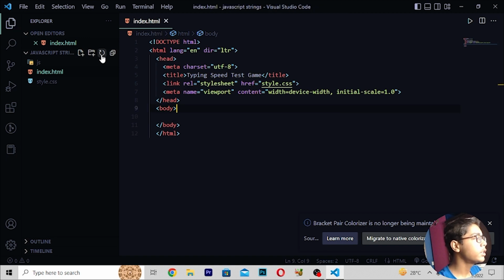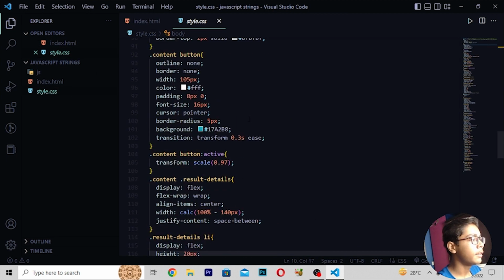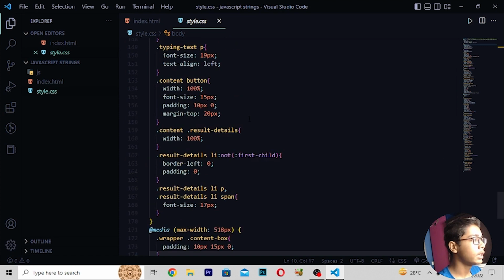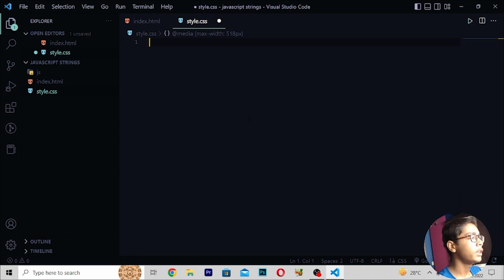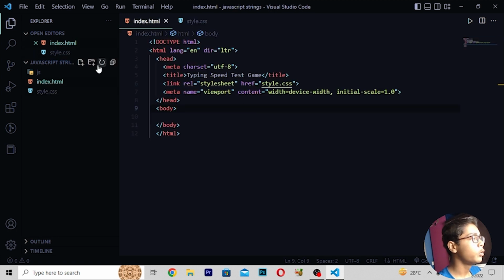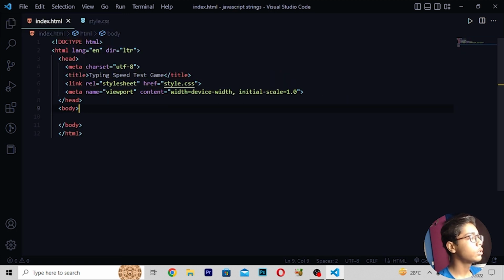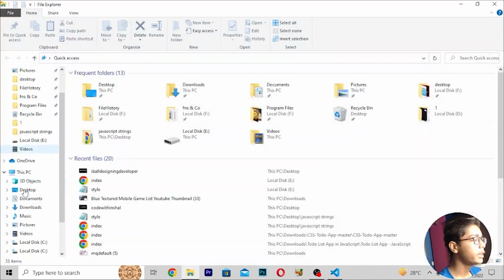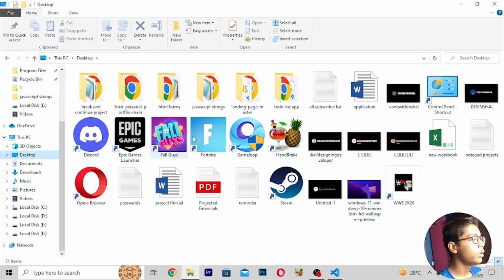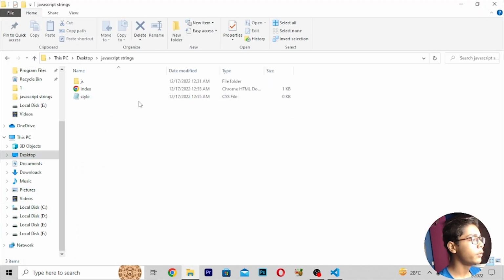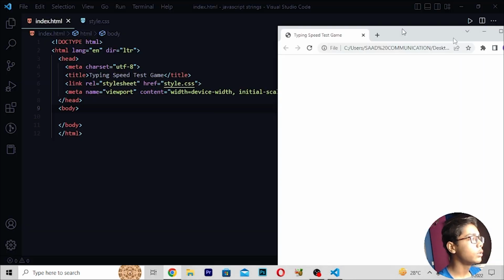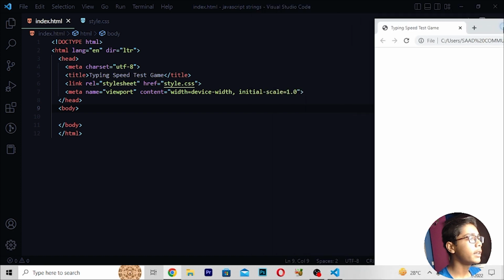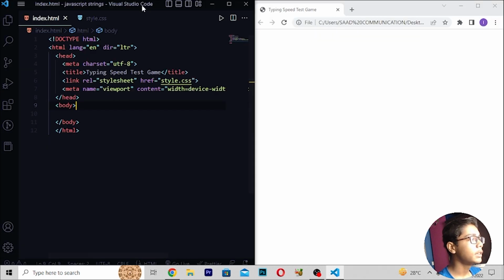Now when you've written this, you have to move to this file. After moving here, I will be moving down. You can see we have written all this stuff. Then you have to do one thing: save this. Then I will press Ctrl B to close all these things, and I will open it in my default Google Chrome browser. You can see there it is. Our file is totally empty, we are only getting the title, typing speed game.